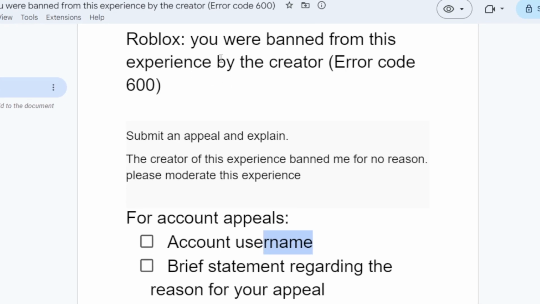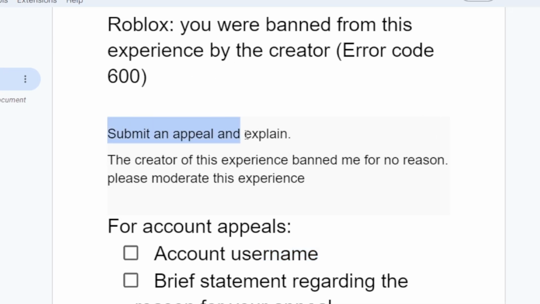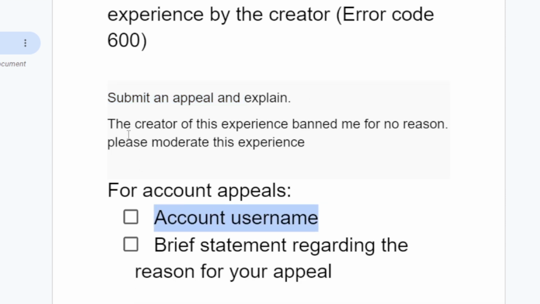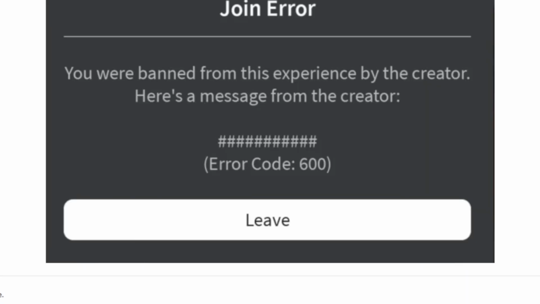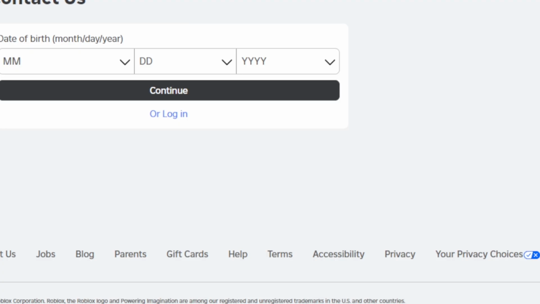To fix this problem, you need to submit an appeal and explain that the creator of this experience banned me for no reason. Please moderate this experience. And when submitting your appeal, make sure you provide your account username and a brief statement regarding the reason for your appeal. And the reason for your appeal is the creator of this experience banned you for no reason. So you can submit your appeal through the contact page, which is